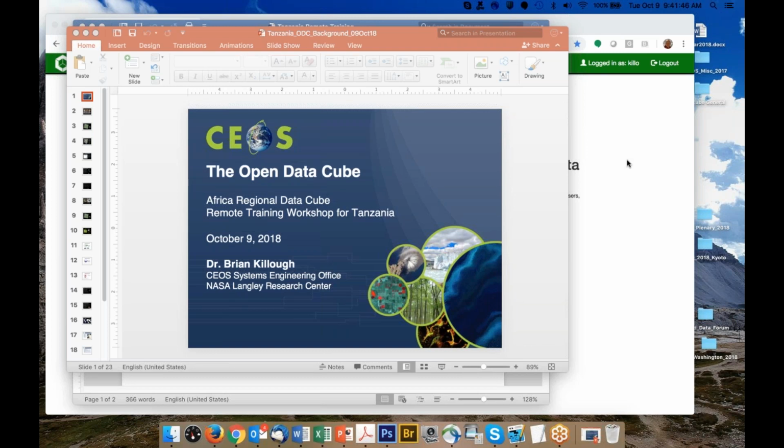I have one question: when do you keep updating the data in the data cube? When do you keep updating the data which is available in the data cube? That's one question. The second one, I don't know how flexible you are, because today we are many and there are some of our colleagues that are from different